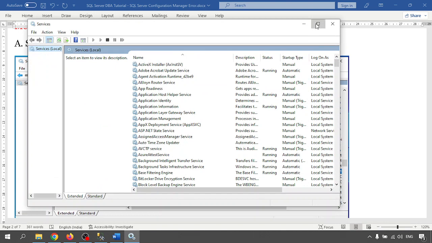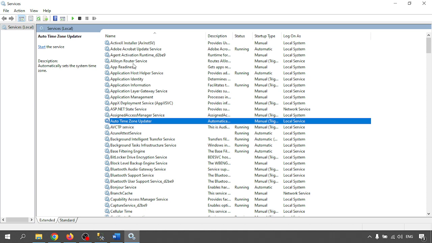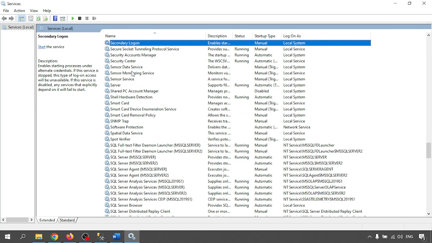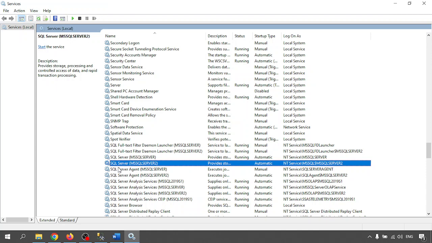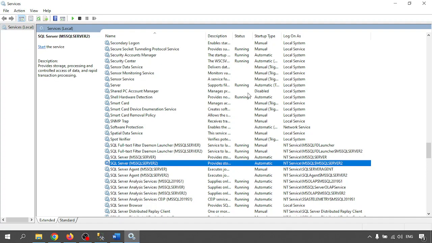So these are all the services. Let me check the SQL Server services. They are in alphabetical order, so let me click on S to get the service name. What is my service name where I'm going to connect? SQL Server, MS SQL Server 2. This is my MS SQL Server 2. Let me check the status. The status is not running, it is stopped. So the first method is